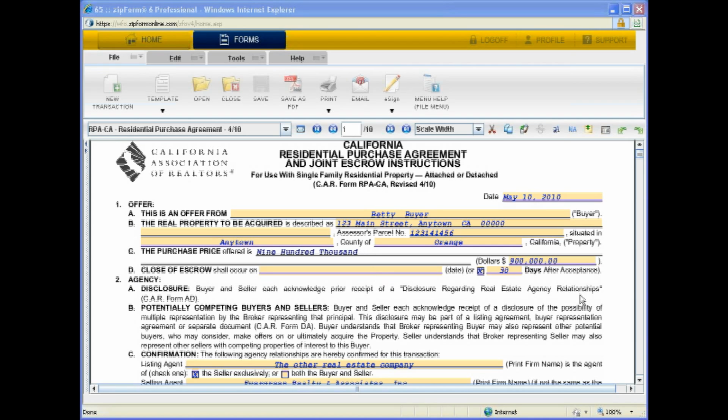Now this is an option, and I've seen people sometimes say shall occur on, and they'll put a date, you know, November 9th, and then they'll say 60 days. It needs to be one or the other, because this is a contract. You need a set time period in this area. Most of the time, you're going to check the box and you're going to put in a number of days